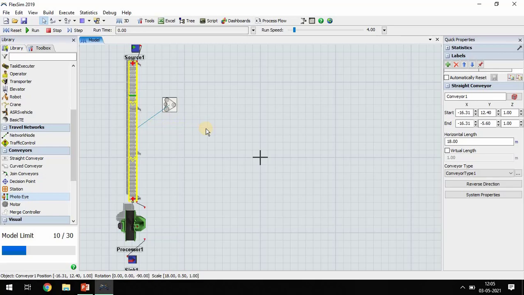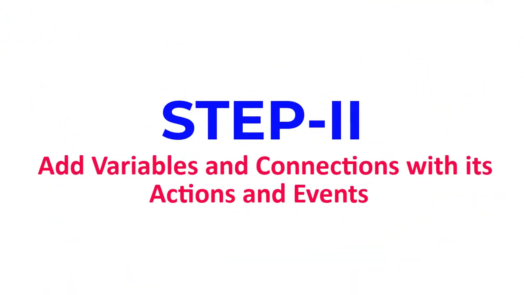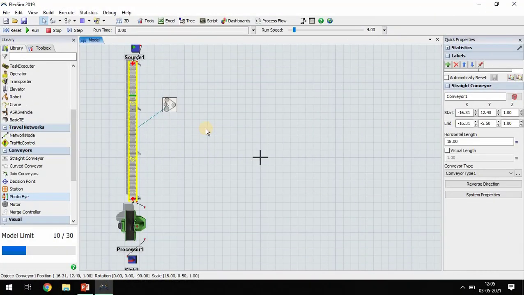Go to the second part. The second part is adding variables. Variables mean some flowcharts, and their variable connections, and then we will apply some events and actions to these variables.